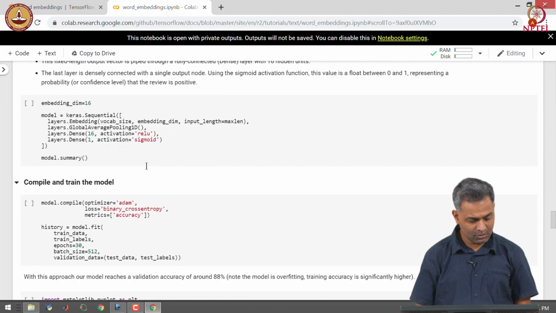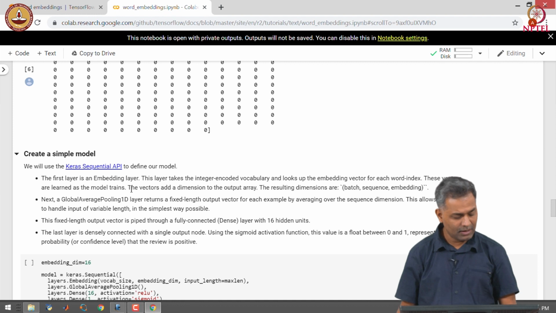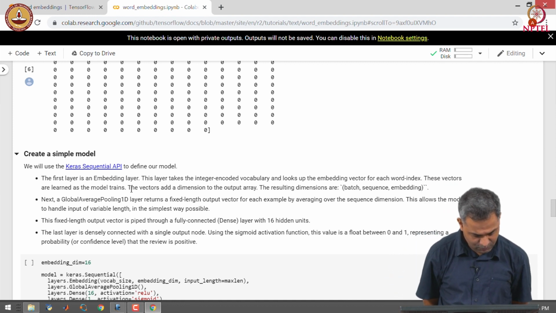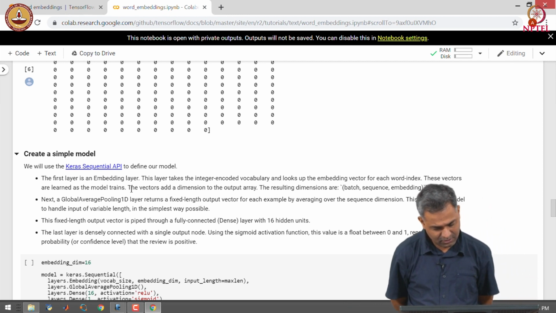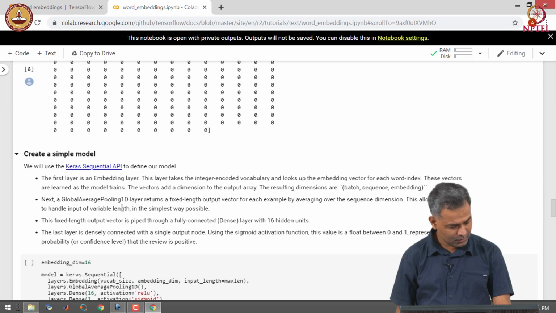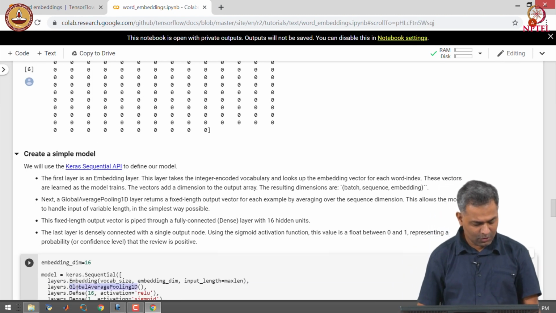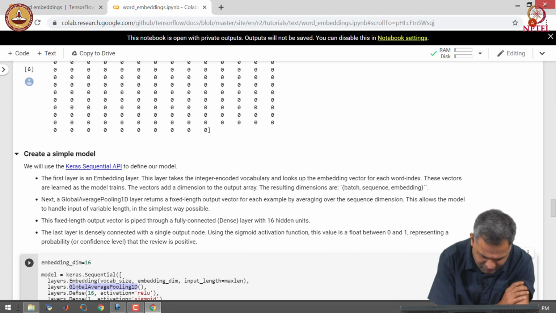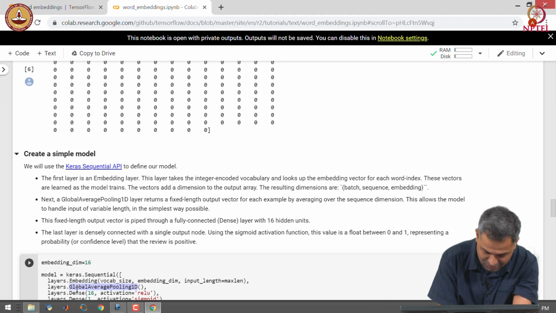Here we have an embedding layer as the first layer that takes the vocabulary size, the embedding dimensions and the input length, which is 500 in this particular case. Next, we use global average pooling 1D that returns a fixed length output vector for each example by averaging over the sequence dimension.